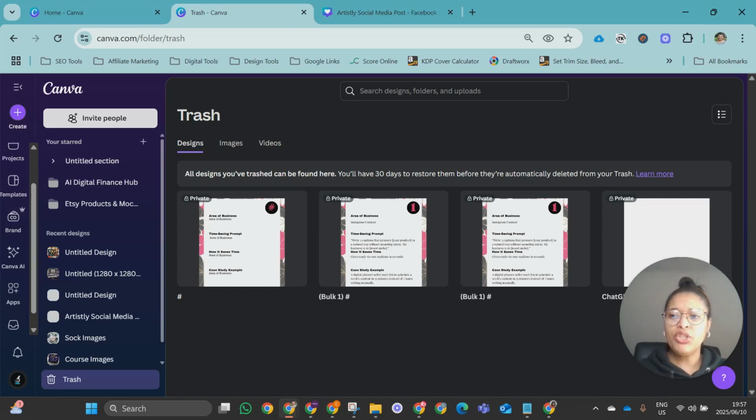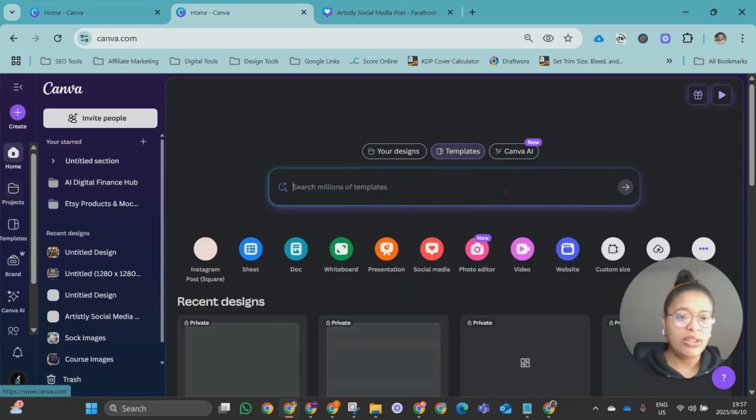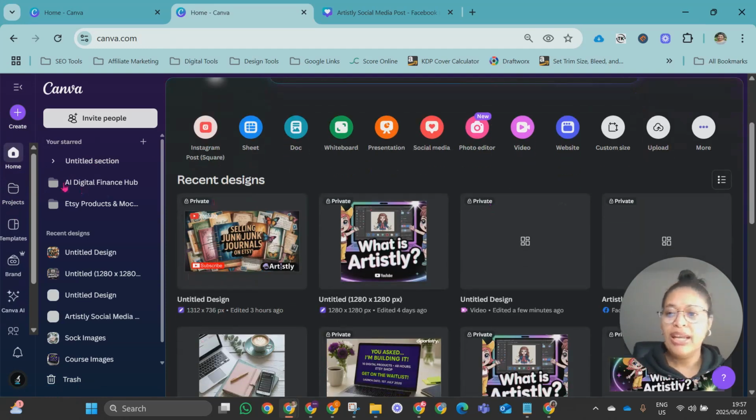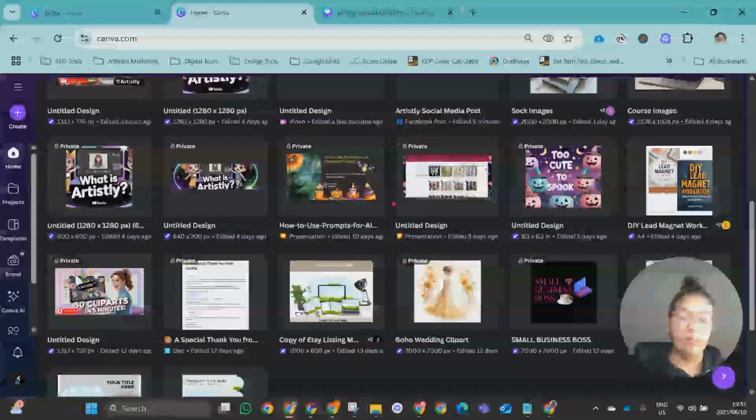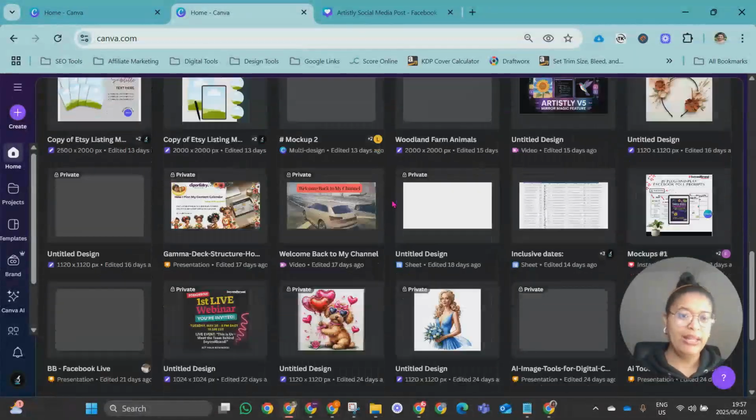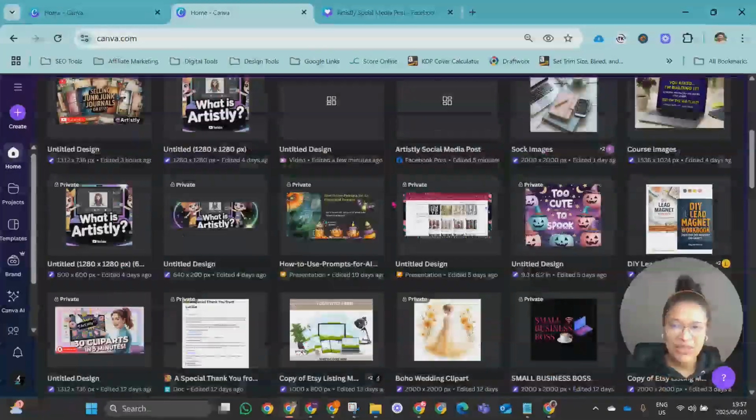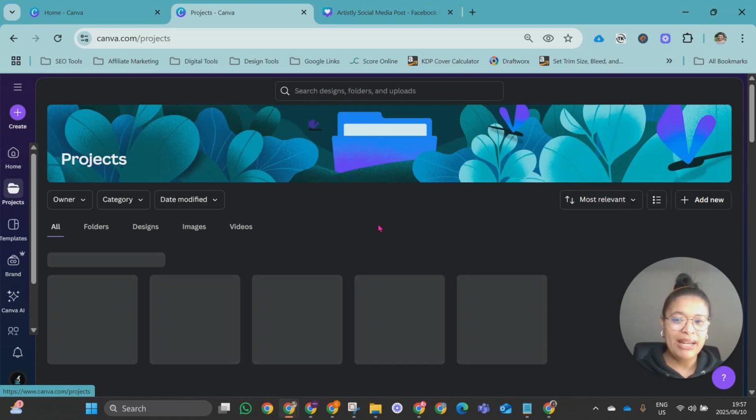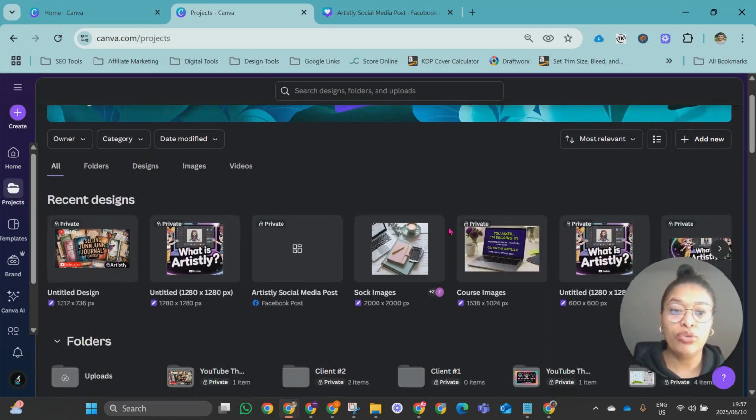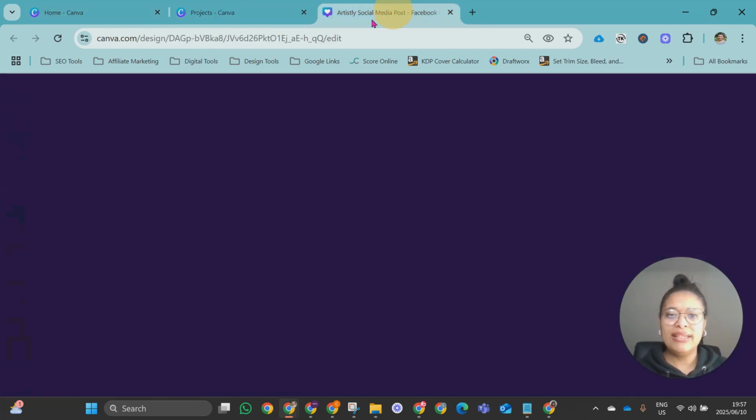So just to recap, projects is your friend. Your recent design screen, which is what you're seeing in front of you, cannot be cleaned up. So if you ever wondered why or how, you can't. It's just the nature of Canva. Projects is where you keep your balance in terms of keeping control of client folders or type of designs or type of products on Etsy, or just putting tags to your folders